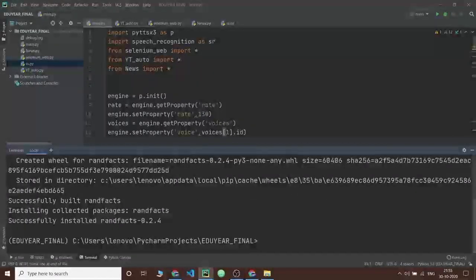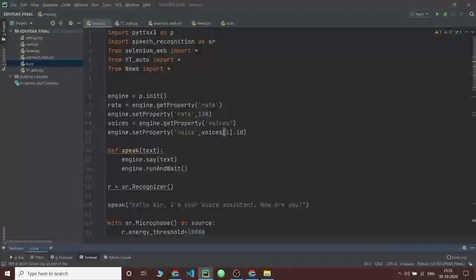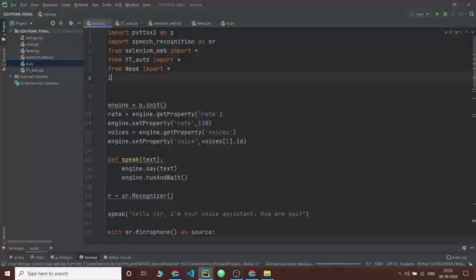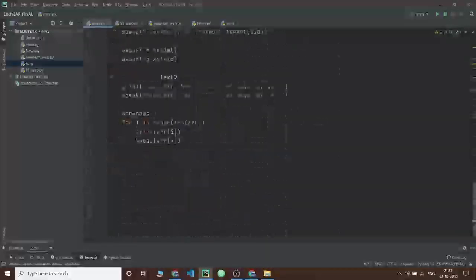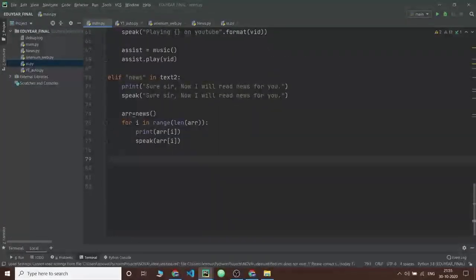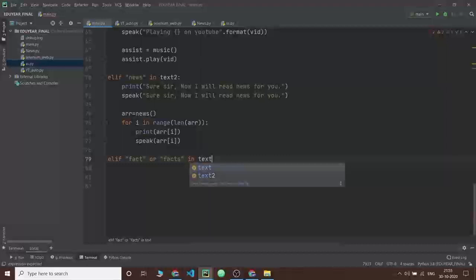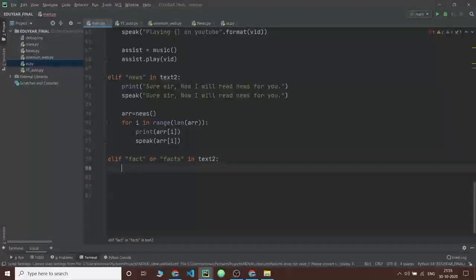It got installed on my computer, right? It was quite fast, and I'll import it in my main.py. Import randfacts, right? So I'll write another elif block. If anyone says fact or facts in our main text, then our program will get a random fact